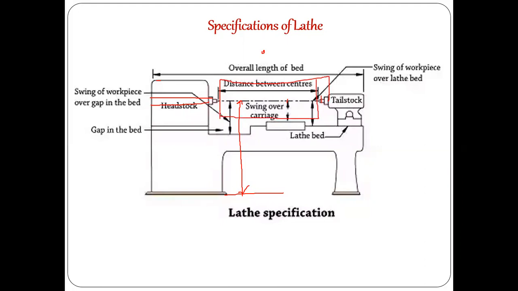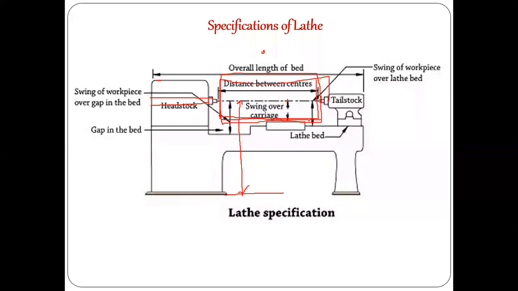I've inserted one more object, this much, and one more workpiece. So this much diameter I've inserted, and this is called the swing diameter. It is the diameter you can insert between the two centers, or mount on a chuck, without any interference from the bottom portion, whether it's the carriage or the bed. It is the maximum diameter of the workpiece you can revolve.